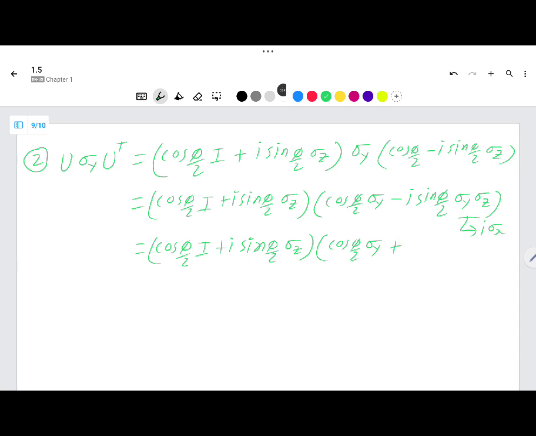It's going to be minus 1, it's going to be plus cos square pi by 2 sigma y, plus cos pi by 2 sigma x sin pi by 2 x by 2. Directly writing sigma z sigma y is